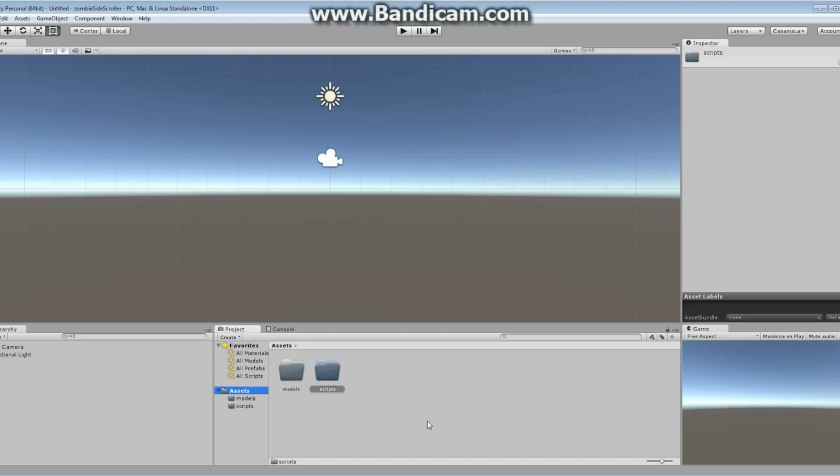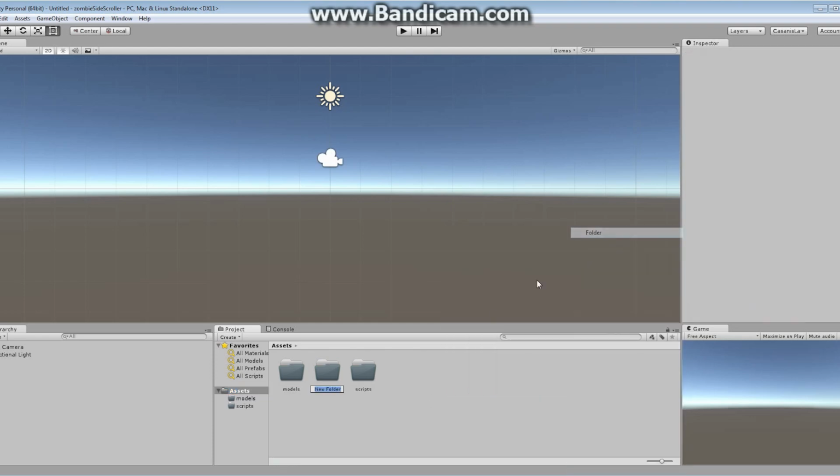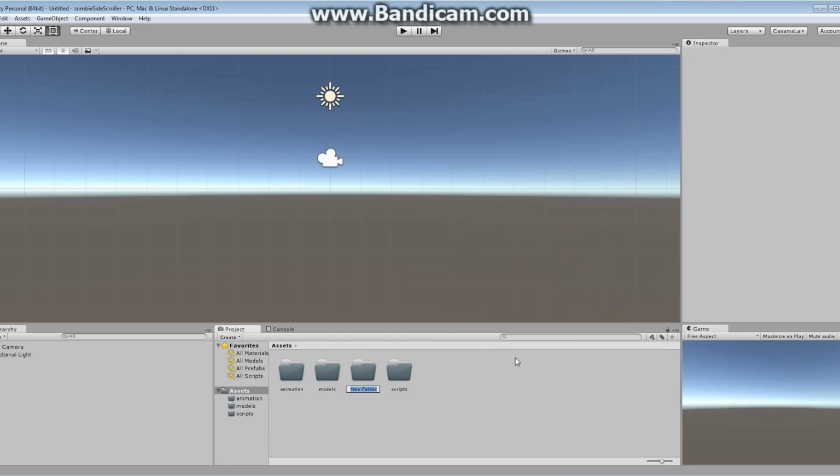So I'm going to go through and add a number of things. Models, Scripts, I need Animation, I need something called Audio. I make several folders just like this. This is how I start everything off, by making several folders. Now, what this is doing, if I actually go over here and take a look at